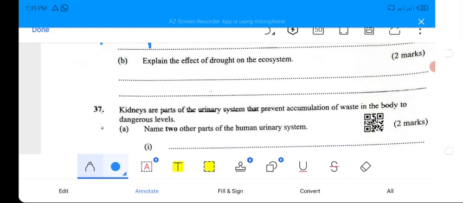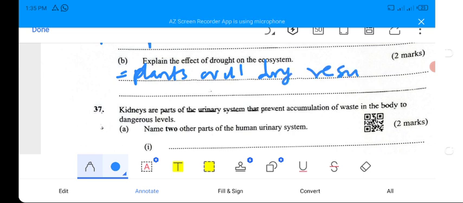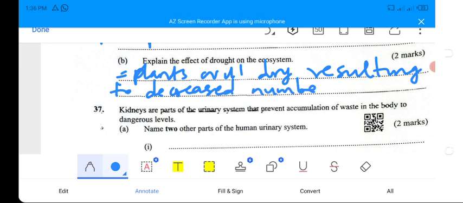So the effects of drought: plants will dry, resulting in a decreased number of all organisms in the ecosystem,